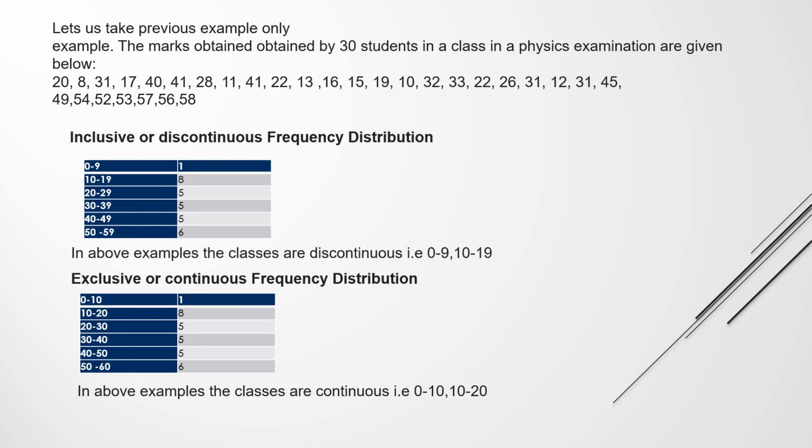Because if we collect the data up to 10, then in the next range also we will collect data from 10, so that data is recorded again and again. That is the reason we are writing 0 to 10, but we are collecting the data up to 9 only. We are excluding the upper limit there. Again, 10 will be continued in the second term, and so on we will continue. So these are all the things regarding the continuous and exclusive frequency distribution.